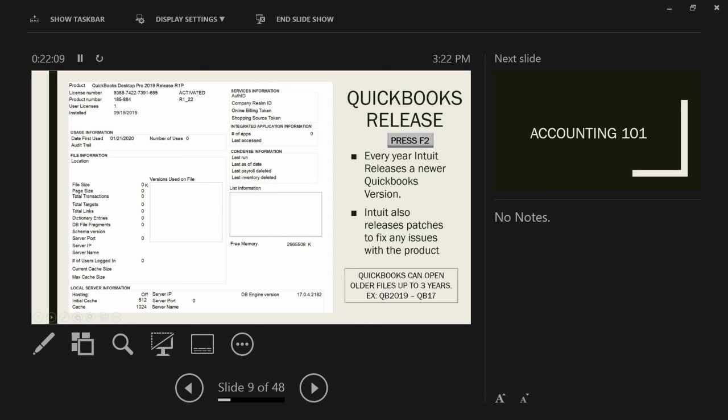Another thing is it's going to tell me the day I installed this. So I've installed this since September of 2019. So again, it's going on a year and a half now. I've had this program since 2019. All right. And then here is where you're going to be looking at your release number. So as you can see,